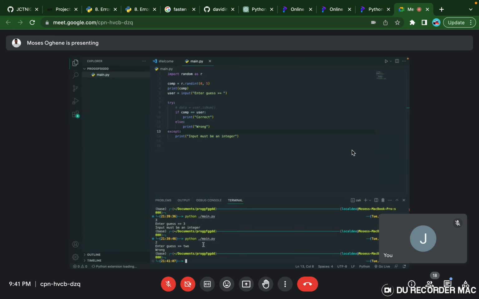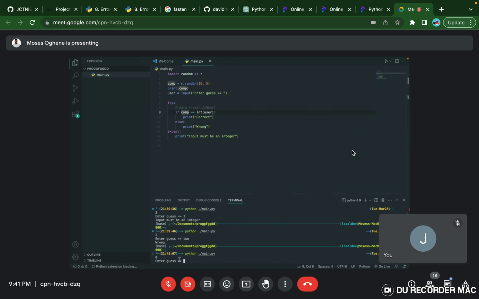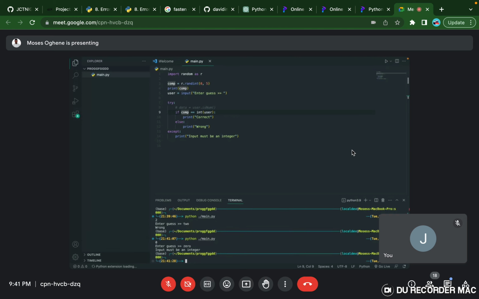Now, you expect your user to type TWO, right? But now we want to first convert this to an integer to make sure that yes, it's an integer. We are comparing an integer with an integer, and run again. And now 0 and then 0. Let's say 0. Now it must be an integer, right? Because this is actually wrong. But then if we brought this out here,